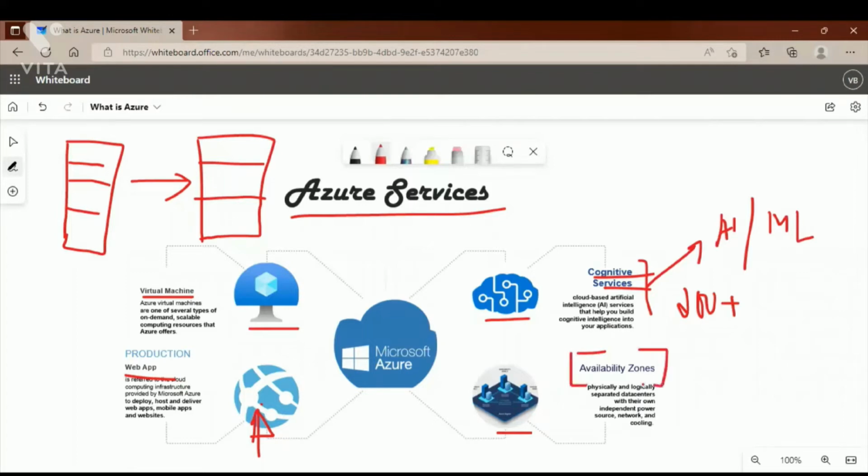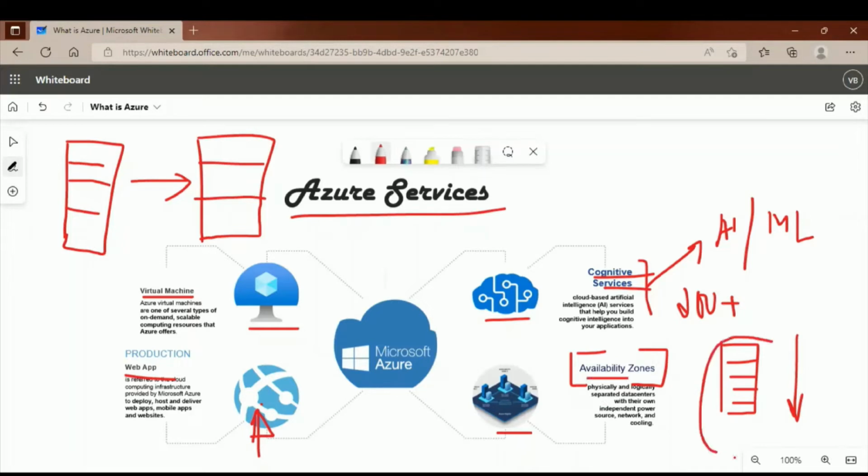Suppose there is on-premises infrastructure where a disaster happens and your current infrastructure on premises is down for some time due to the disaster. All of the users across the globe will face this issue because the server is down, your database server, your on-premises data center is down. To overcome this issue, Microsoft came with the feature of availability zones.